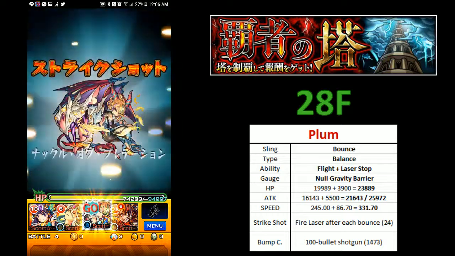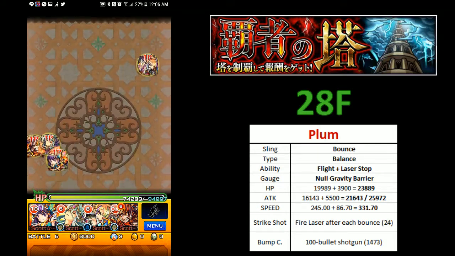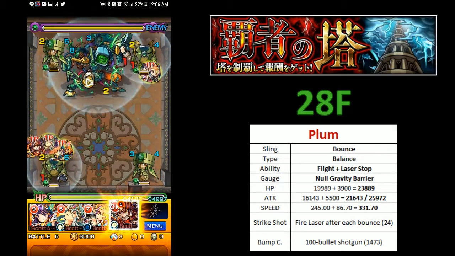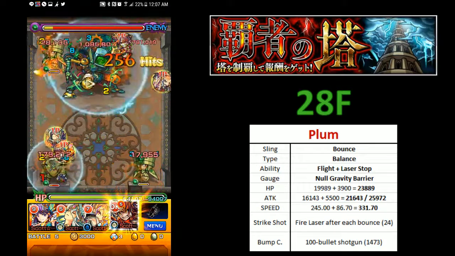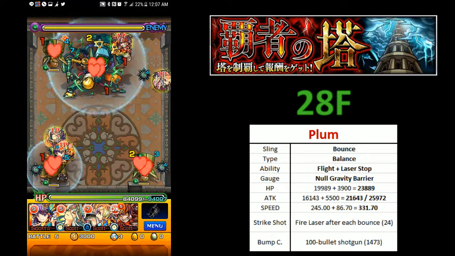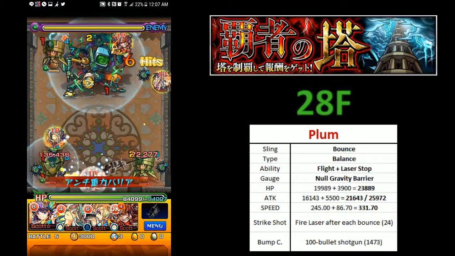And just to make sure we can kill the minion, Succubus' strike shot is very powerful here. But going back to PLUM, her strike shot is pretty cool. Every time you hit a monster, she will fire a laser towards the center of that monster. And that is every single hit. So if you can get yourself into a corner with PLUM, you can do major damage that way, which is really nice, especially for someone that's farmable via